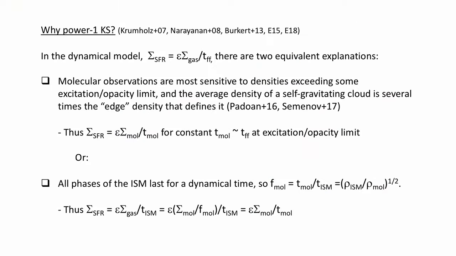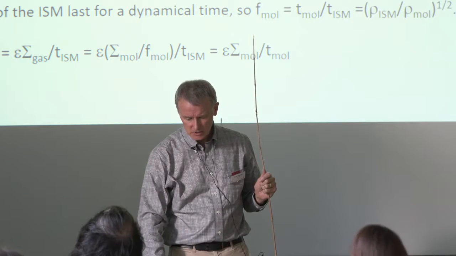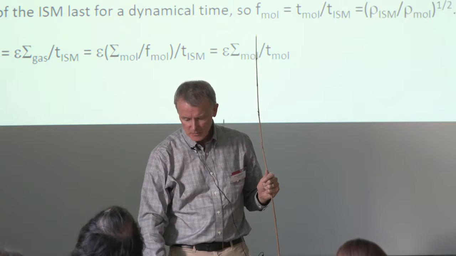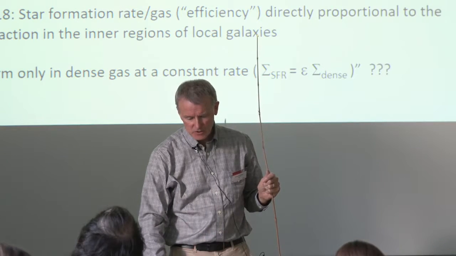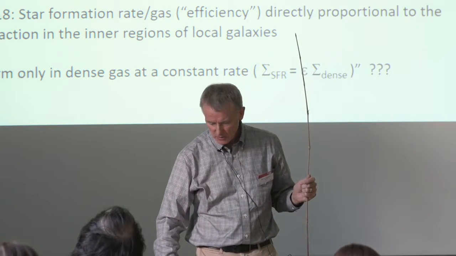So why is it the power 1? You can think of this in 2 ways, and I've exceeded my time. I should really quit. It's essentially what I've just said. You're selecting a certain density, and then the time scale is automatically the time scale of that transition density. And so you're essentially just counting clouds. There's a detail having to do with thinking that stars only form in dense gas, but that's just a result of